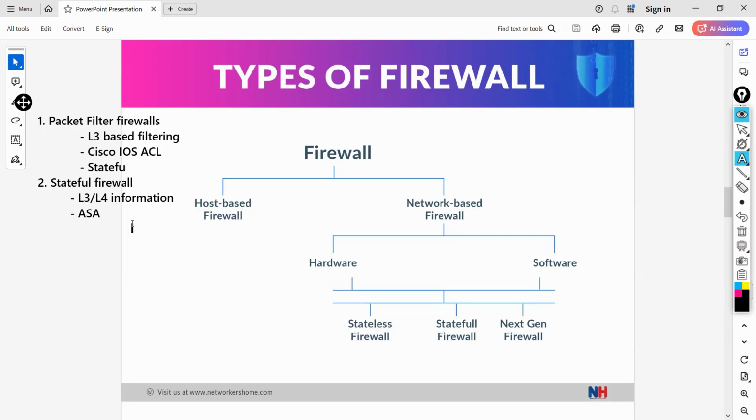Because they cannot maintain the state of a connection. Oh, sorry, not stateful. You can consider it stateless. Then after this, the next generation came up,